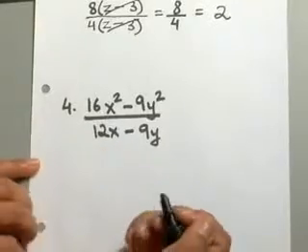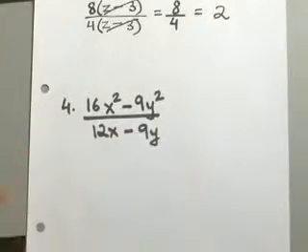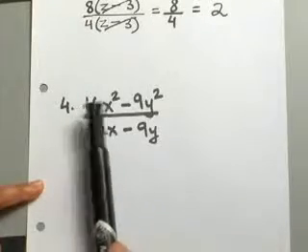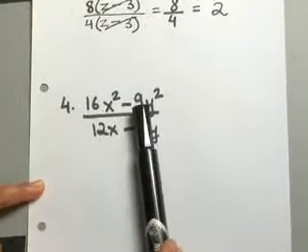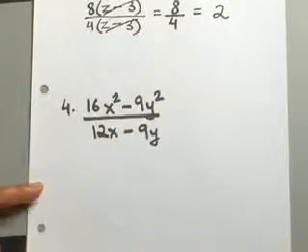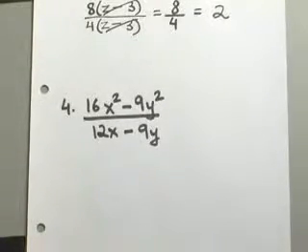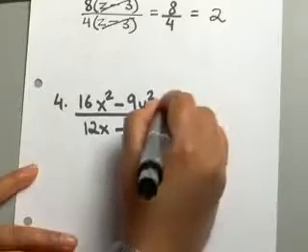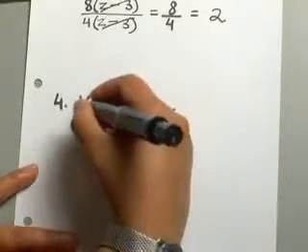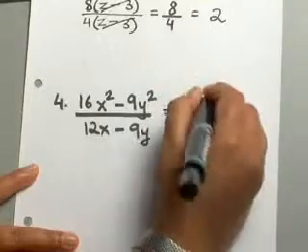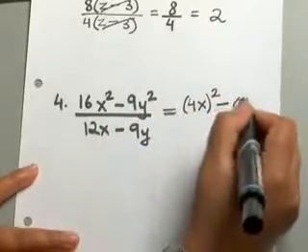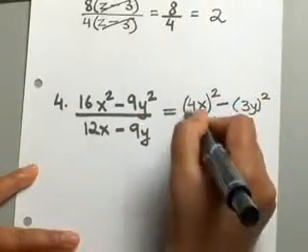Now, if you can recognize here, you will see your numerator is a difference of squares. As you can see, 16 you can write as 4 squared. The x is already squared. 9 you can write as 3 squared, and then y, of course, is squared again. So if you try to rewrite this problem, you could write the first term as 4x, the whole thing to the second power, minus, you can write the 9y squared as 3y to the second power. Okay,